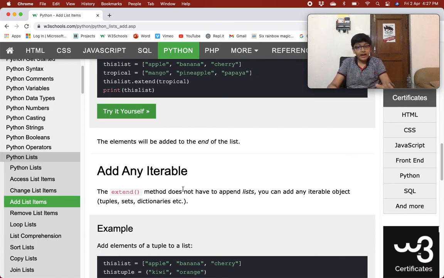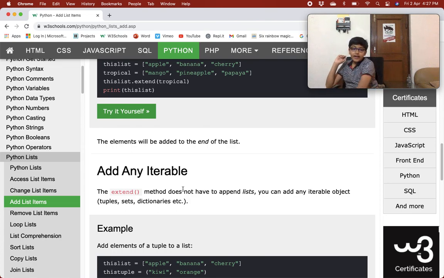So I have a question for you. Can you loop through strings? Yes, you can. Can you loop through lists? Yes, you can. Can you loop through tuples? Yes, you can. So every data type through which you can loop through is an iterable. But can you loop through numbers? No, you can't. Can you loop through booleans? No, you can't. You can loop through lists, strings, sets, dictionaries, everything except numbers and booleans.